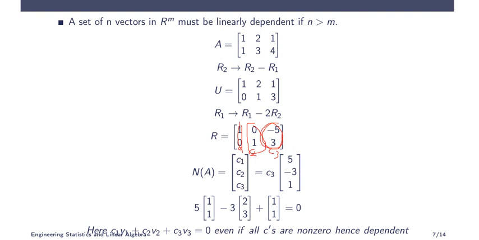If you bring this one to this side, that will become 5, and this one to the right side, it will become -3. So 5 minus 3, 1 will be one of the elements in the null space. So here n is greater than m, so we got 1 free variable. We may get 2 also, it depends on how the reduced form gives us the number of pivot elements. So there is another solution other than the 0 vector.